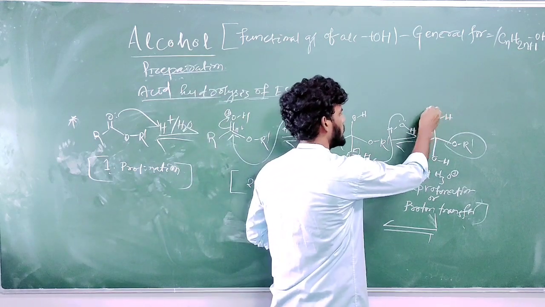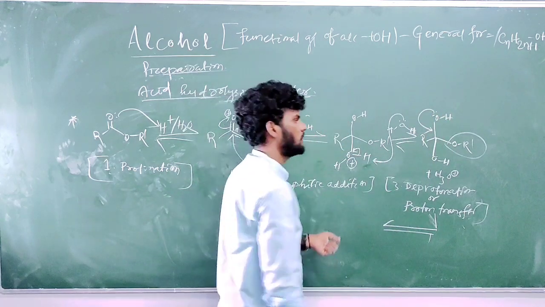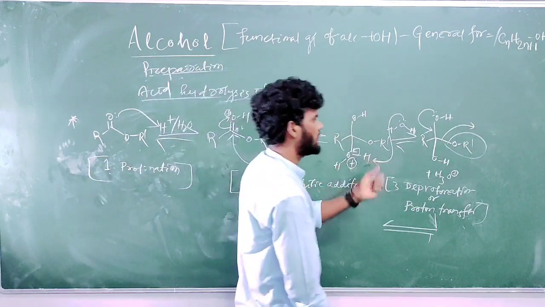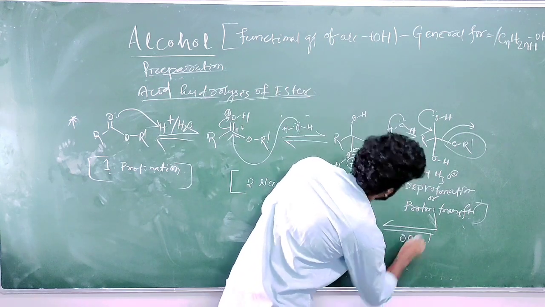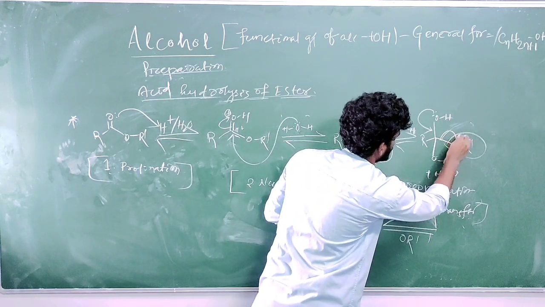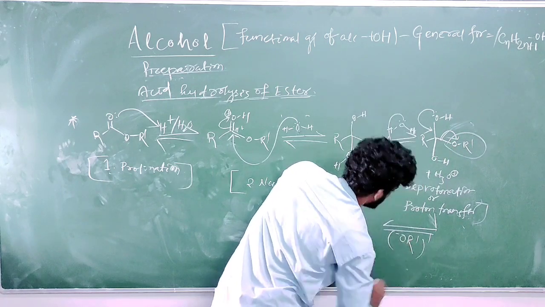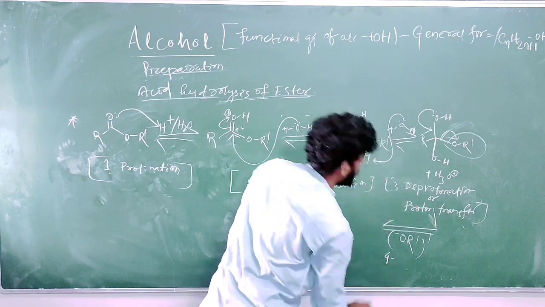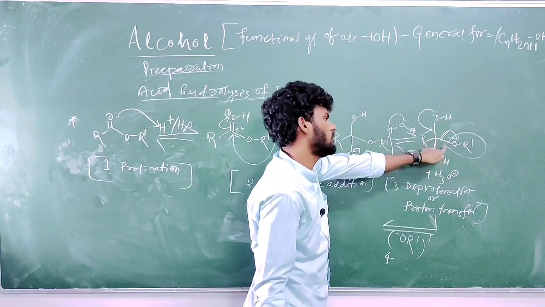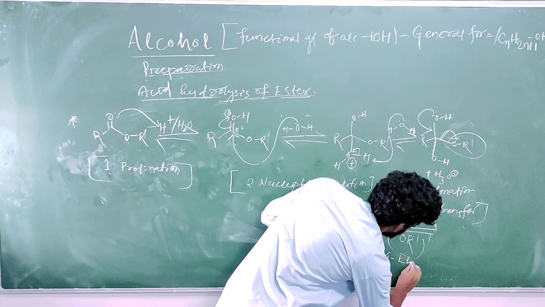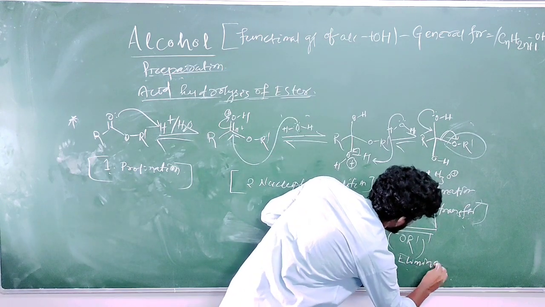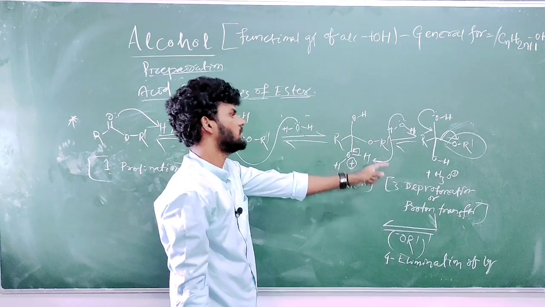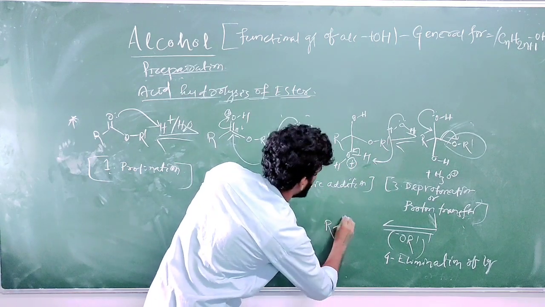Then the next step: OR' is a better leaving group. Again the oxygen lone pair comes over to the carbon-oxygen single bond, and OR' is eliminated or released as OR' minus. This bond moves over to oxygen. So this is a leaving group. This is the fourth step, known as release of the leaving group, also known as the elimination step, elimination of the leaving group. What will it form? R carbonyl OH.